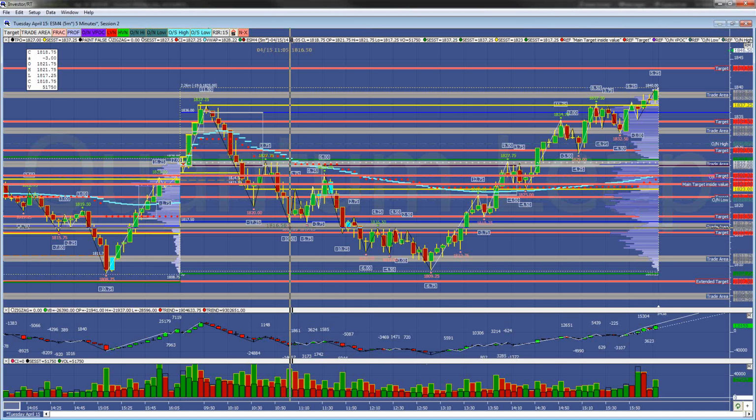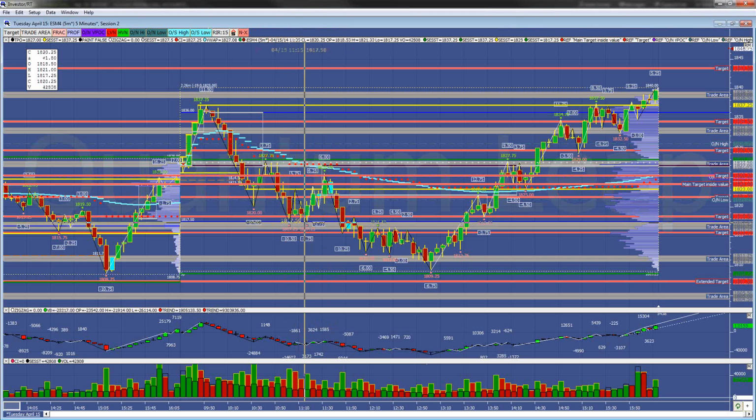The reason why the trade areas are targets and trade levels is because you're always going to get some type of a reaction there, and you can see as we came down and hit that target of 18.1675, the buyers stepped in just in front of it and rotated us back up,